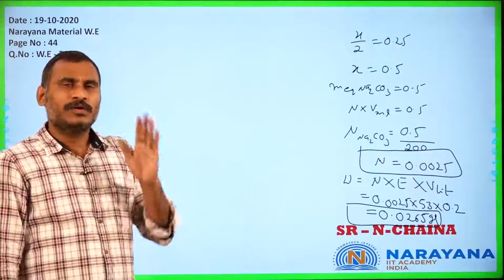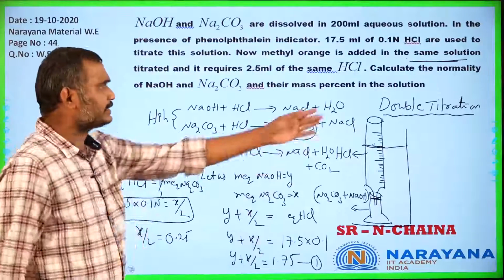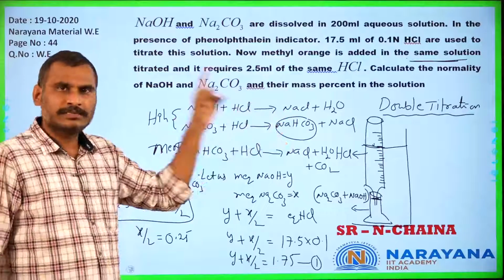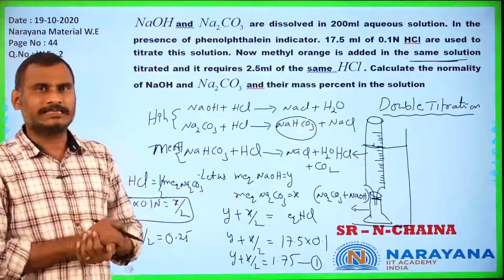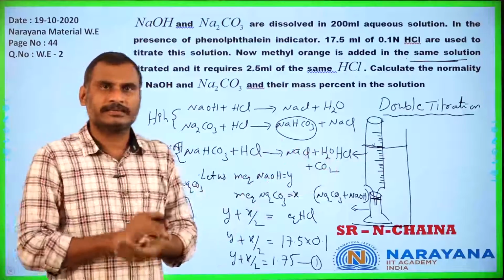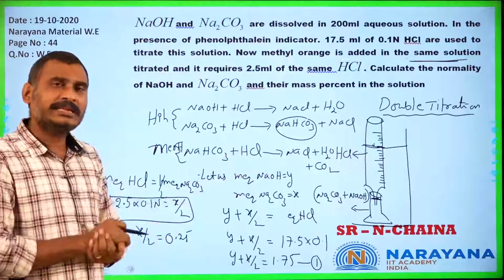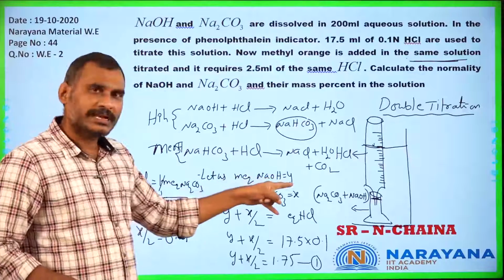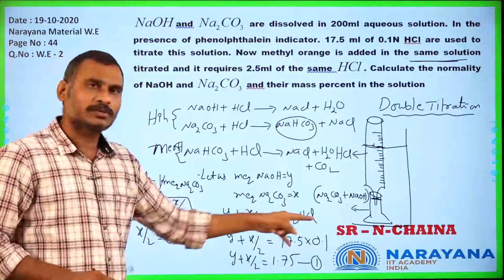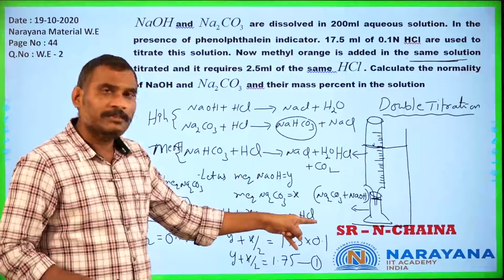Yes or no? So, what we have done, once again you see there. In the first, with phenolphthalein indicator, the sodium hydroxide completely neutralized and half of the sodium carbonate was neutralized. In the second, methyl orange used as an indicator, the remaining sodium bicarbonate we have identified neutralization. Understood? So, at phenolphthalein indicator, milliequivalence of sodium hydroxide is Y, milliequivalence of sodium carbonate is X. Then Y plus X by 2, that is milliequivalence of sodium hydroxide plus half milliequivalence of sodium carbonate is equal to milliequivalence